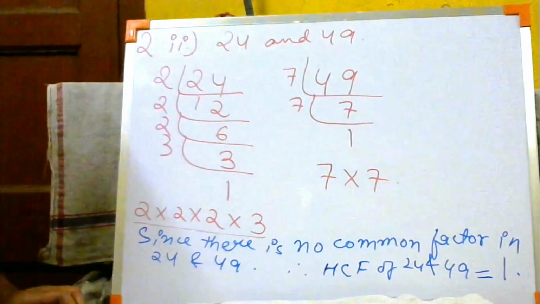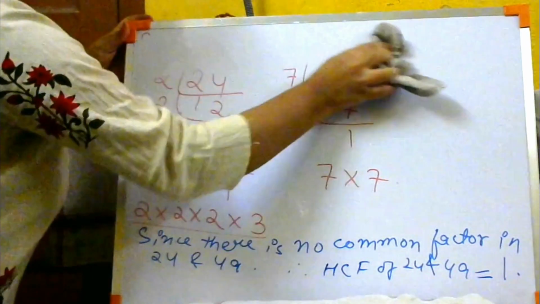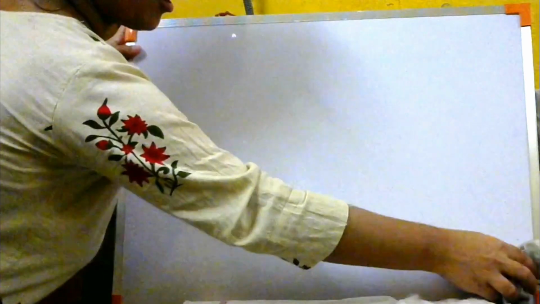Let us go to the next sum. 2 part 3, I said. I am going to do 2 part 3. So let us do 2 part 3. If there is any problem in copying down the sum, you can pause the video and copy it down. When I am moving away from the board, pause the video and then copy down the sum. I know I don't need to explain this to you people. You people know it much better than me.